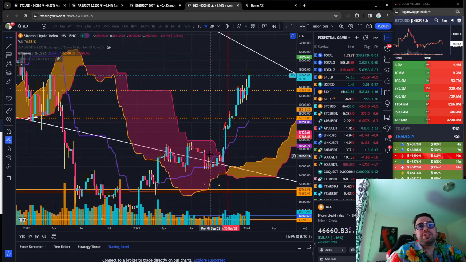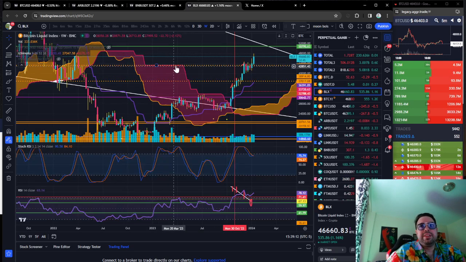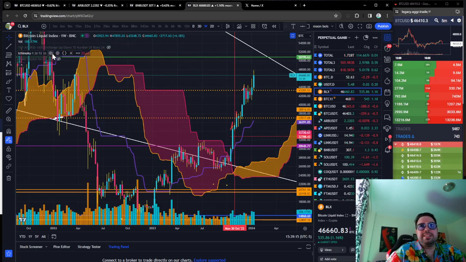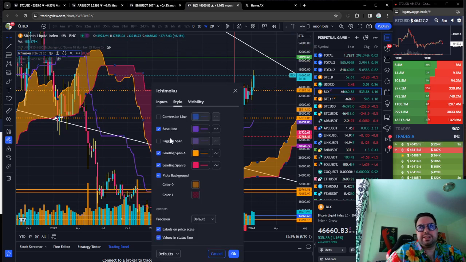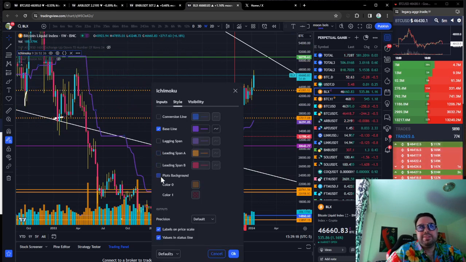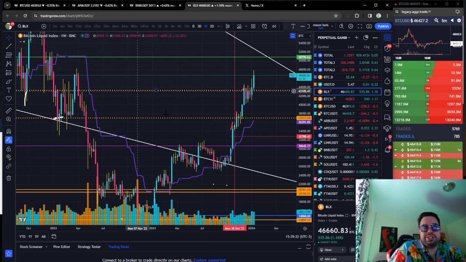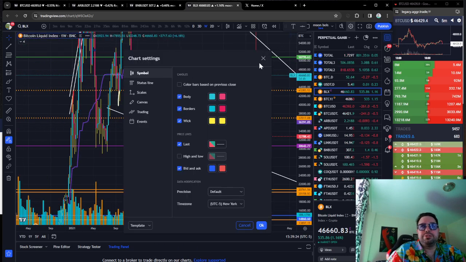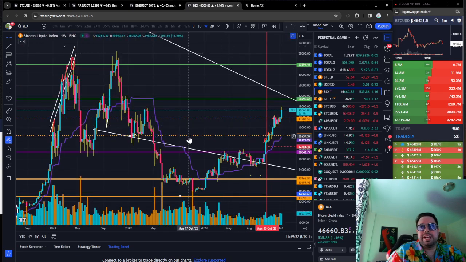If you look at this purple line, and let's take away the Ichi Clouds for a second, let's just look at the conversion line, okay? Conversion line of the Ichi Cloud. If you really just zoom out here, let me just fix this. If you really zoom out here,